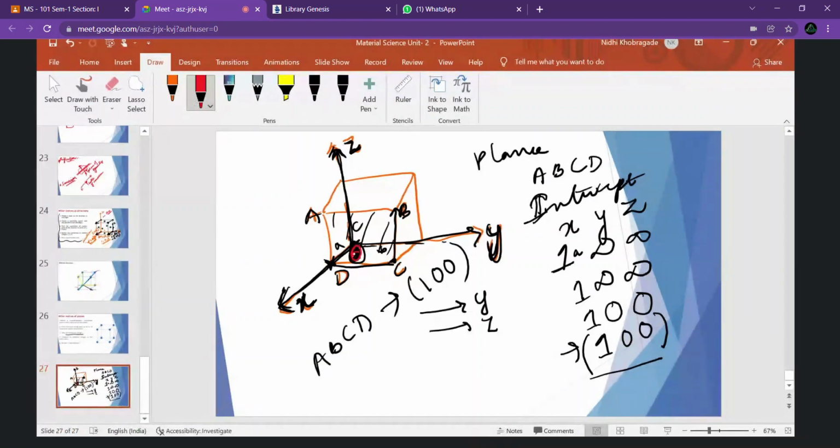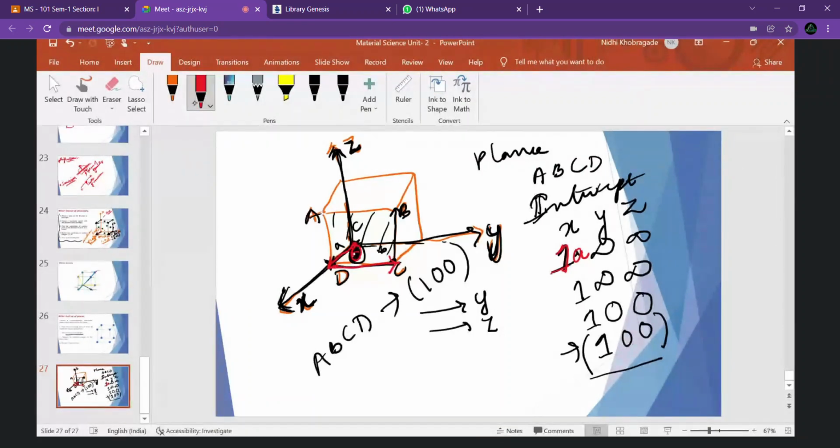Okay, so what we have to do according to the rules for Miller indices of a plane is find the intercepts on the x-axis, y-axis and z-axis with certain vectors, a vector, b vector and c vector. So here you can see if we move from this origin in the direction of x, it will come as 1a, right? 1 times a for this particular x-axis. Then if we move for y.